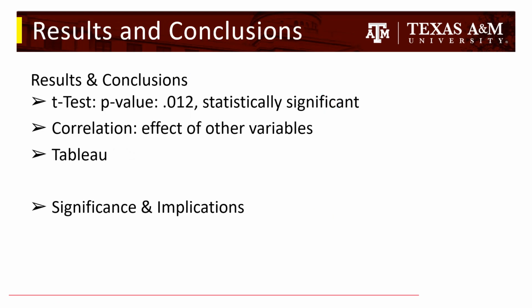We can conclude that there is a statistically significant relationship between Carlos Correa's hitting performance and his team winning the game. This is found from the t-test that indicates the .012 value based on the data, and there are certain aspects of his hitting performance that influence the outcomes of the game, like hits or doubles, and this is found from the correlation test, and that just shows, like I said, how the effect of other variables play into the win or loss result. And then Tableau allowed us to explore the data a little bit more, and we found that